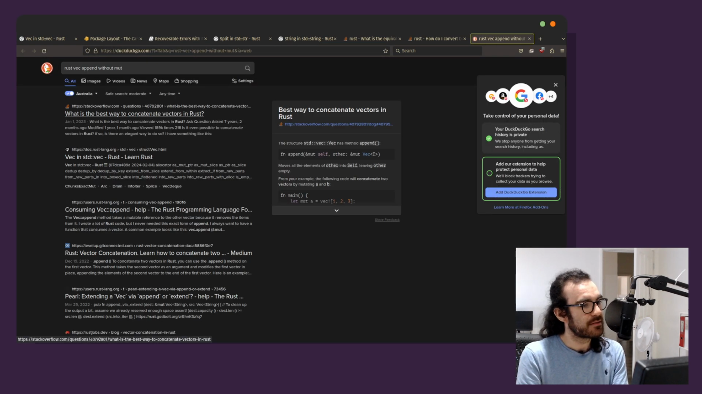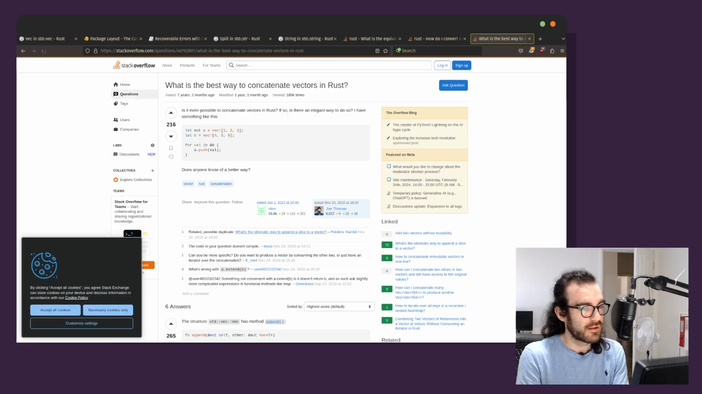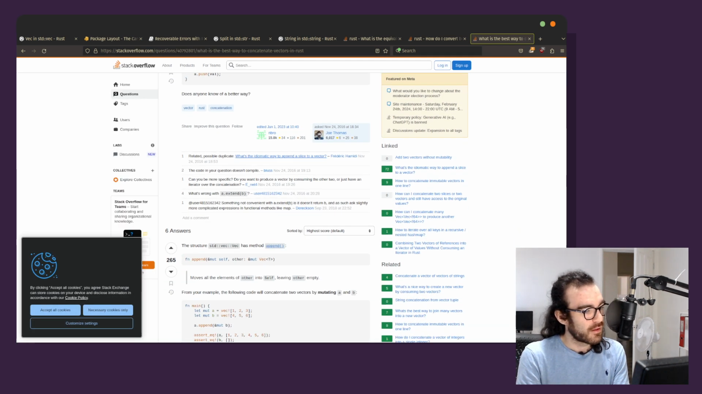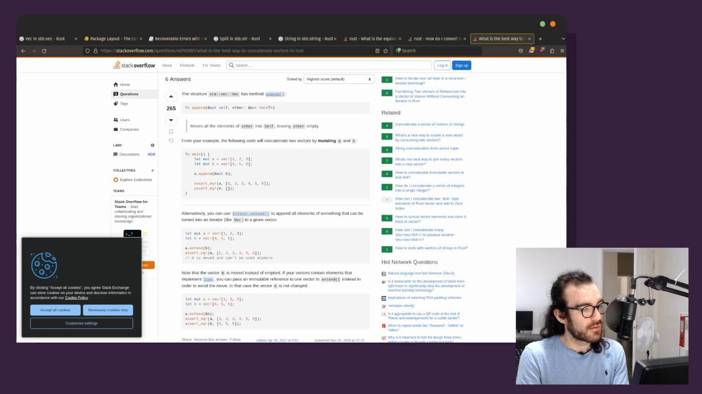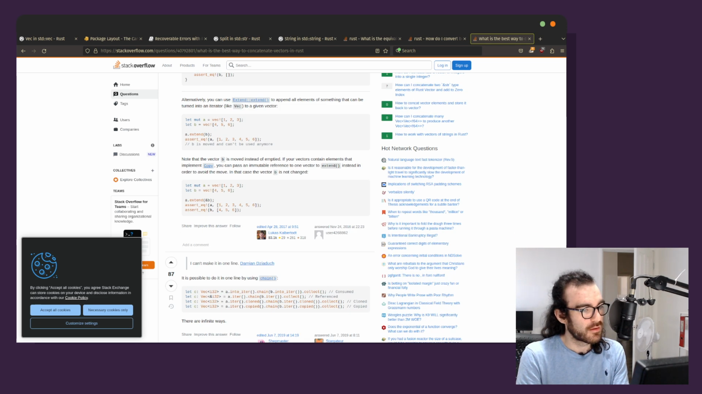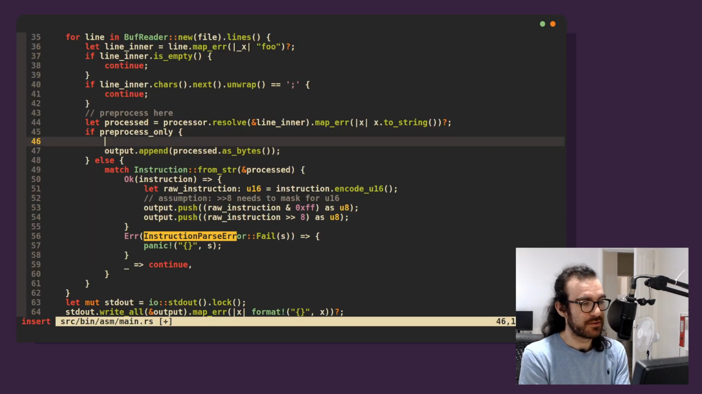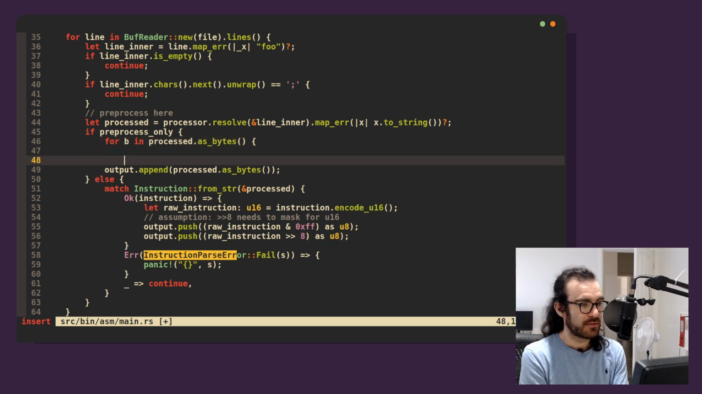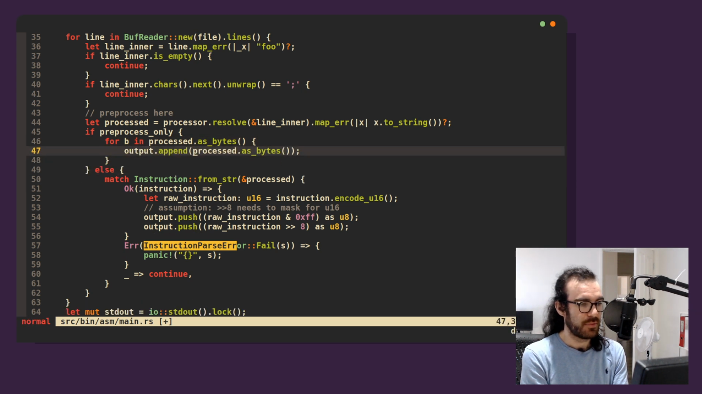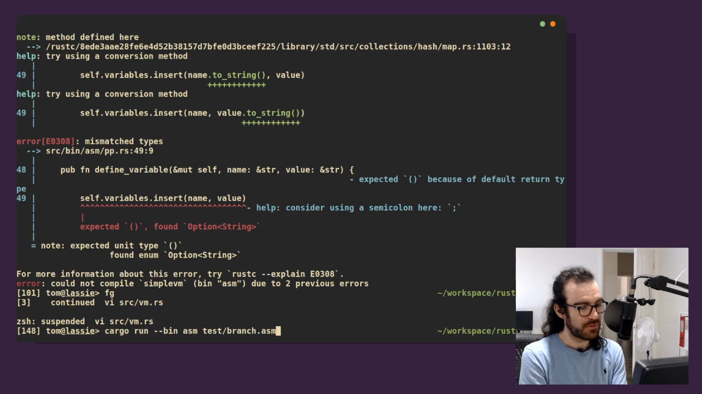What's this? Concatenate vectors, yeah. Okay, maybe there isn't an easy way to do this. For B in processed as bytes, output append B. And there's nothing wrong with this. Okay, so now when we run this,